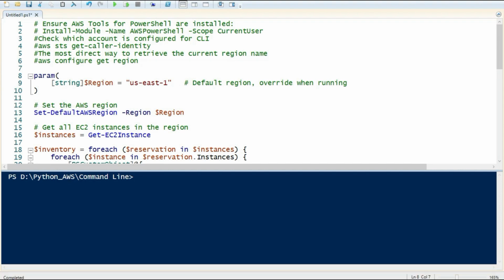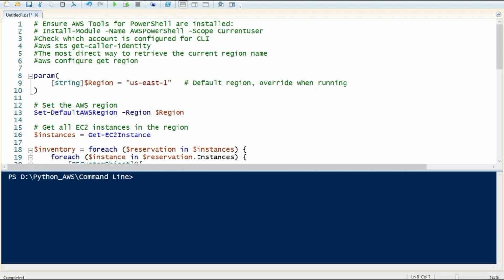In today's video, we are diving into AWS automation with PowerShell. I'll show you how to build a script that connects directly to your AWS account and generate a complete EC2 instance inventory. No more clicking through the console, with just a few lines of code. You will get a clean CSV report of your instances, including ID, IP, states, and tags, all organized by the